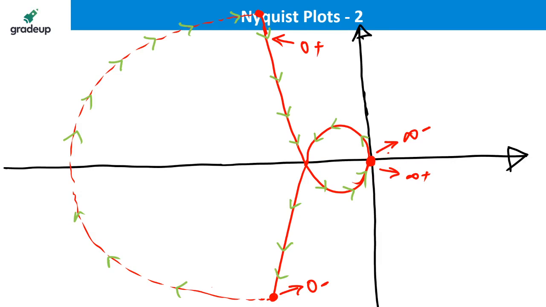Guys, I'm trying to take a variety of examples so that in every case you learn something. Now, Shashankar, you're talking about stability, but for stability, we'll have to check the number of encirclements of -1, 0, and that can only be done if I write down this frequency. This is the critical frequency, omega c equal to √3. Yes, now whether it is in the small circle or not, Zion, that also we will be able to figure out. Okay guys, the Nyquist plot is done, but if you are interested in knowing the stability,